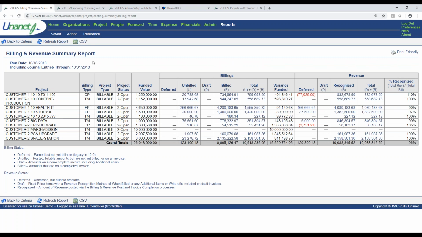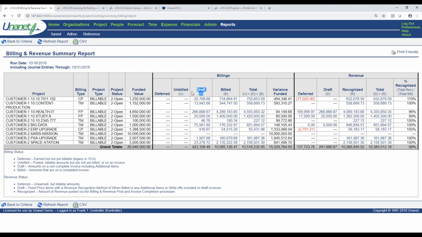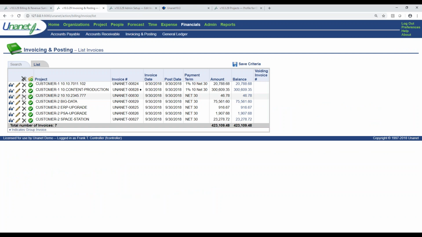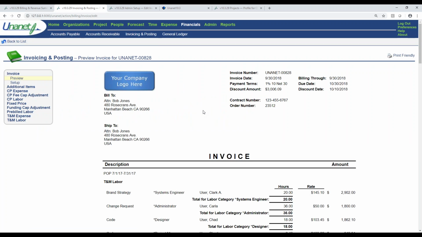And again, now I'm going to refresh this report, and things should slide from unbilled into draft. So we've taken all of that unbilled. It's still on the unbilled account in my chart of accounts, but now it's been added to a draft invoice. And again, you can see that right here. So, all right, here's that draft invoice. Let me look at my favorite content production project right here. And here is my invoice.